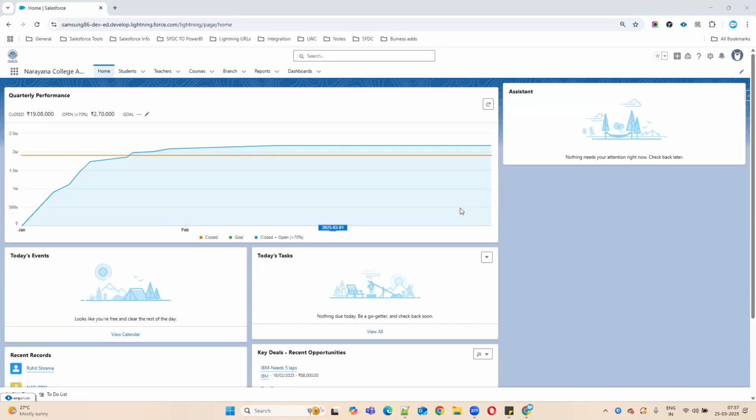So what is profiles? Sharath, what are the uses of profiles? Can you hear me? Yes, sir. Why will we use profiles? Profiles are nothing but a collection of permissions and settings. Okay. Now, every user must have one profile, sir.